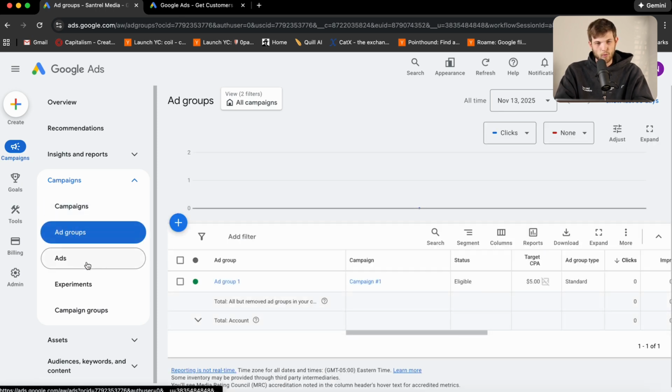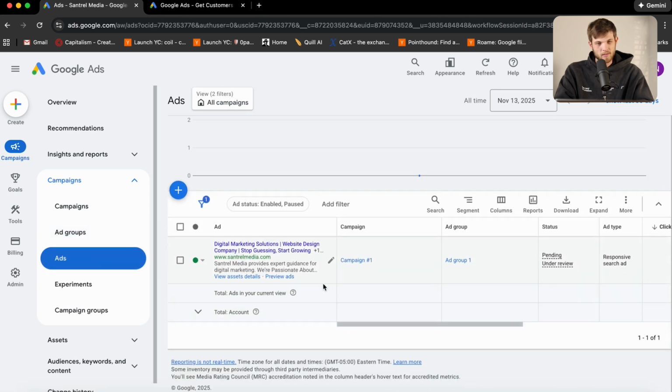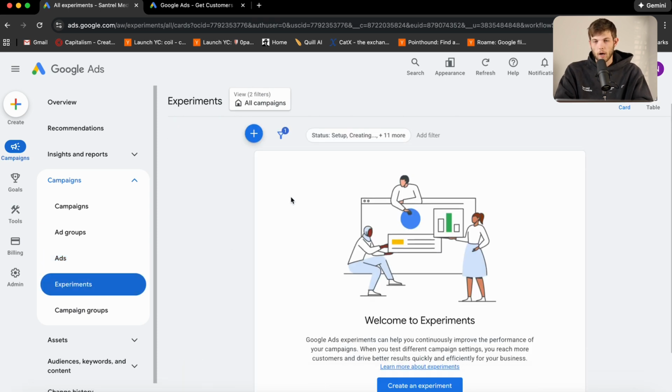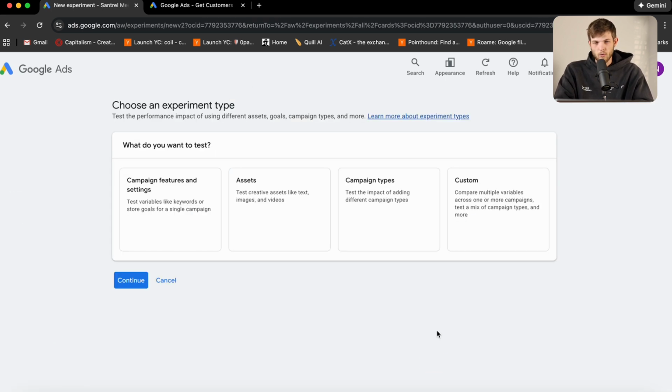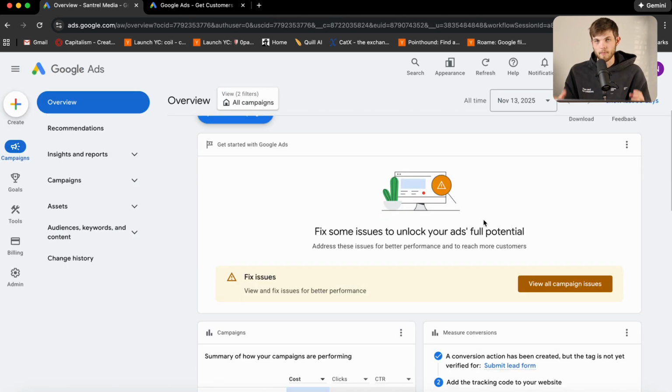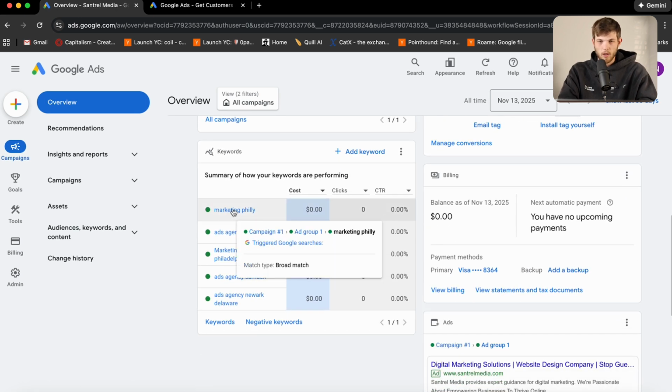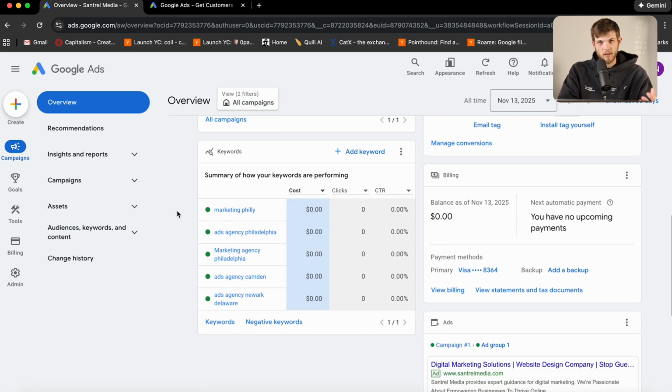We have our ad groups, right? The type of people that we are going for, the specific ads that we've created. We can make more of them inside of here. We also have the option to run experiments, which is really cool. This is one of the newer things that Google has allowed us to do. And so you can mess around with that as well. So what I recommend is spending a lot of time inside of the dashboard, understanding everything that's going on inside